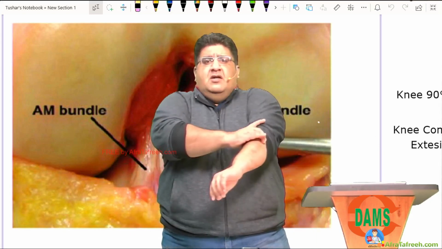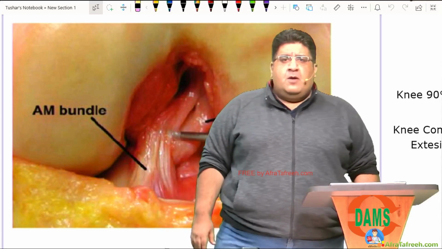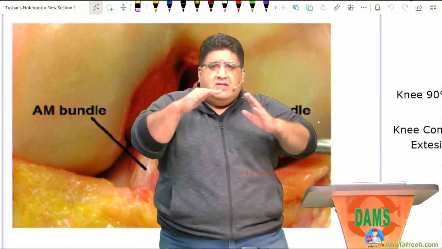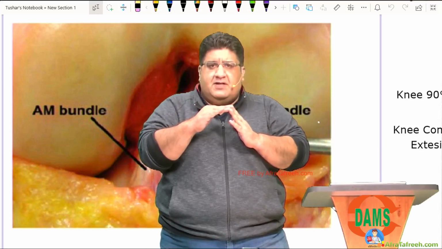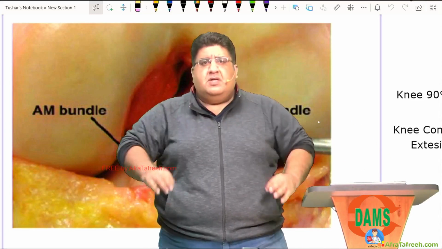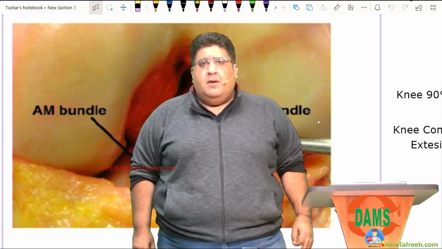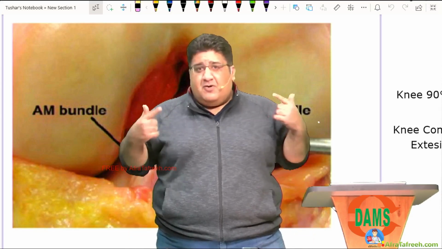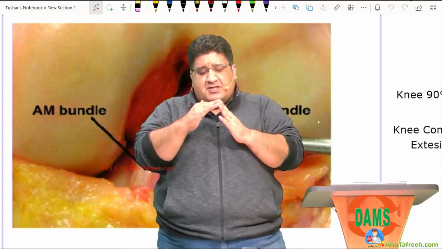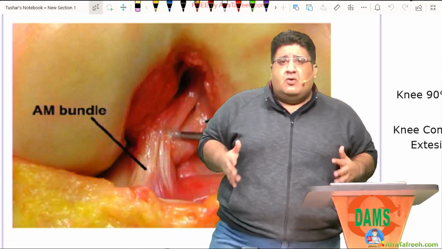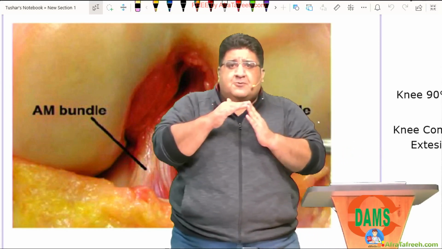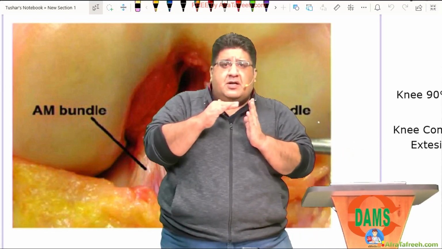One more thing. Coming back to that female doctor intern. When her knee was in 90-degree flexion, the chief bundle was the anteromedial bundle. Think about it. When her knee was in 90-degree flexion, at that point of time, which bundle was supposed to perform the job of the whole ACL? AM bundle. In this position, when my senior checked, it was positive.